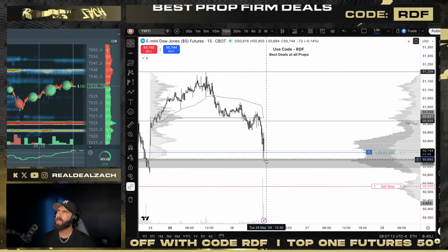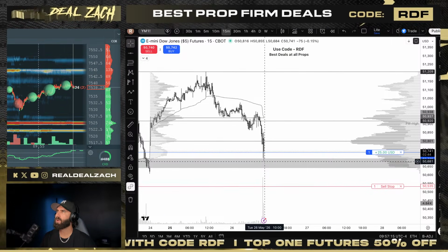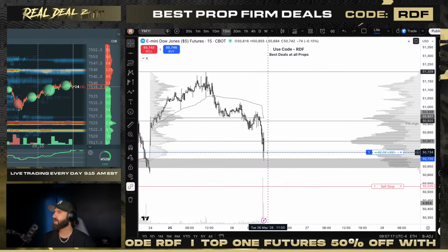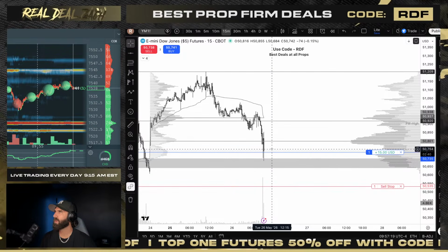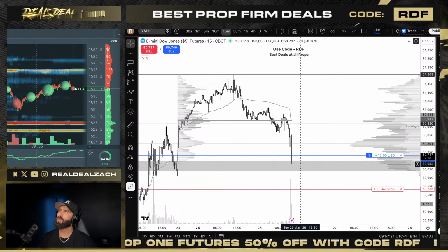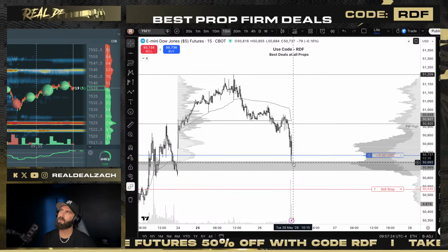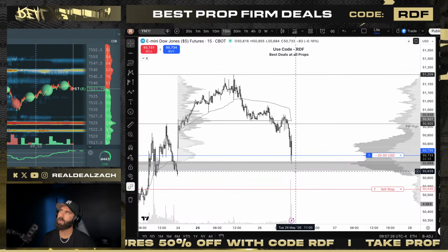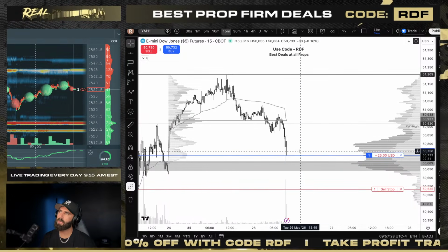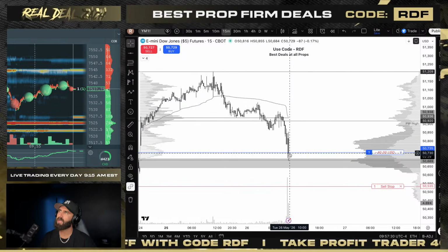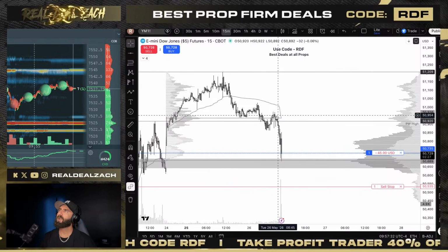I'm glad I was patient, at very least to get my zone hit. I did take this a little bit more aggressively on the way back out rather than on the way down, so a little bit more conservatively, let's say. Aggressive would be buying into selling pressure, buying into a little bit of buying pressure on low time frames, right, as we start to push back up. But I'm looking for a move back up here.